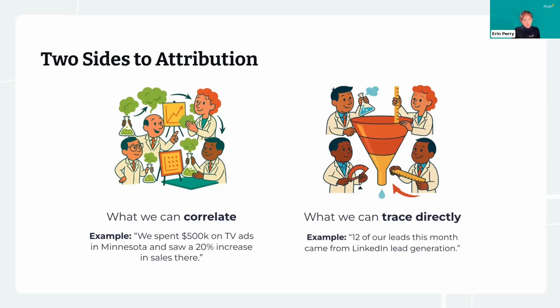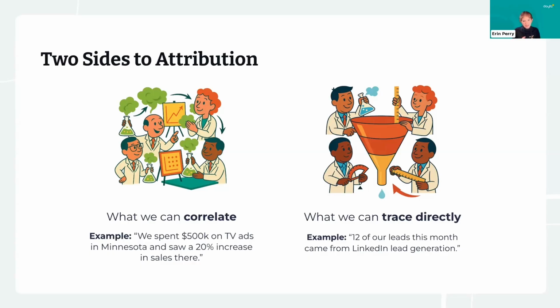So then we have the other type of marketing attribution, which is what we can trace directly. This is what we'll be talking about in this presentation. This is when you're running campaigns or other marketing outreach efforts that do have that direct line between the marketing itself and the resulting lead or transaction. For example, if you're at a trade show and you've got your typical fishbowl giveaway, now you reach out to everyone who dropped their business cards in the fishbowl, you can trace those leads directly back to you being at that trade show. With one important caveat, because nothing's simple.